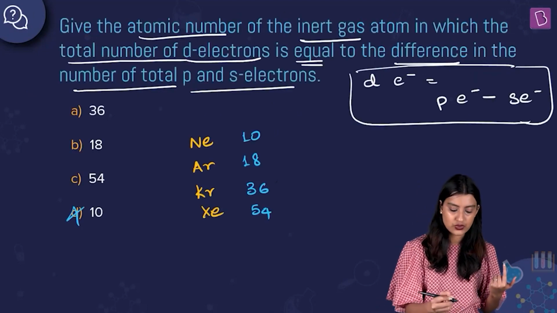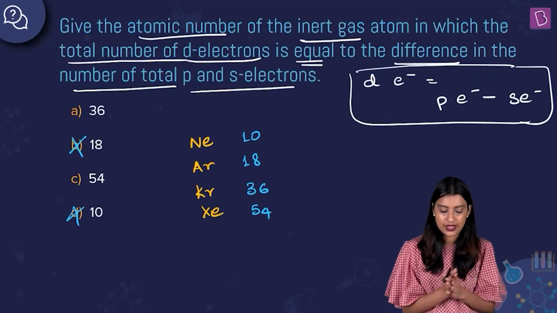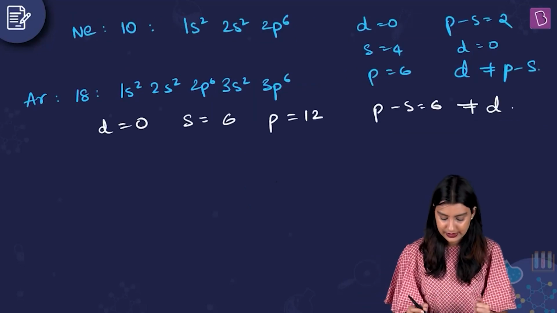Hence, I am also going to ignore argon. Okay, so argon is also kicked out. Now we have krypton. Let's see. Krypton is